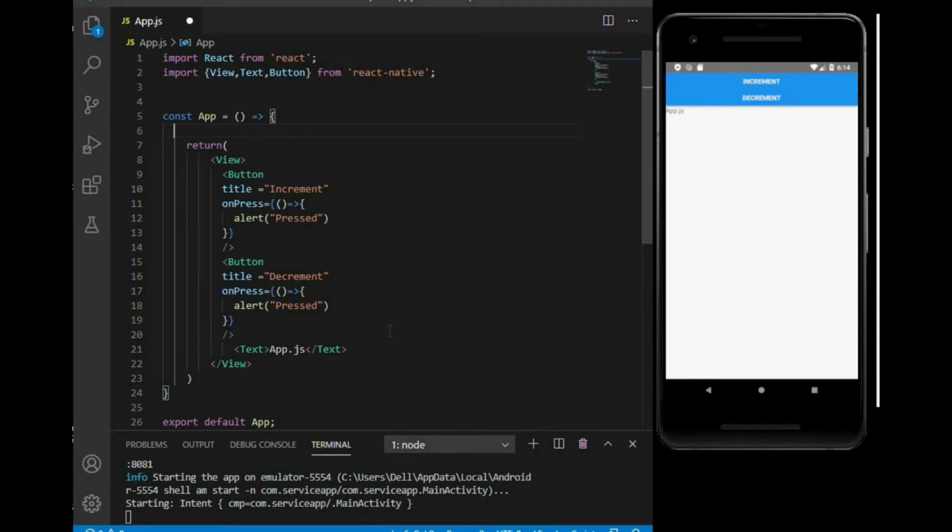Next up, I'm going to declare a new variable counter at the top of our function and initialize it to 0.